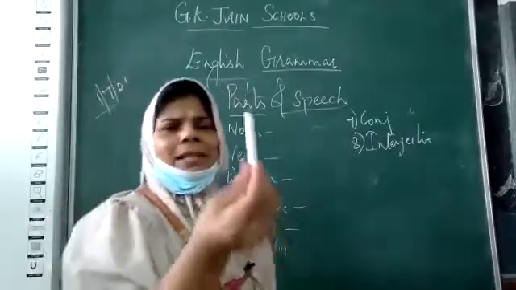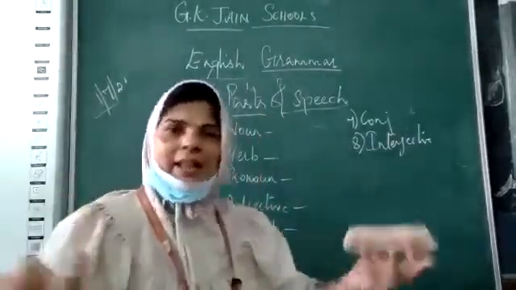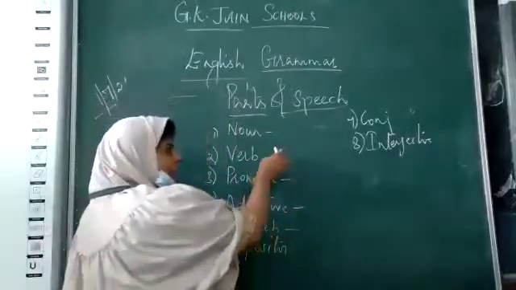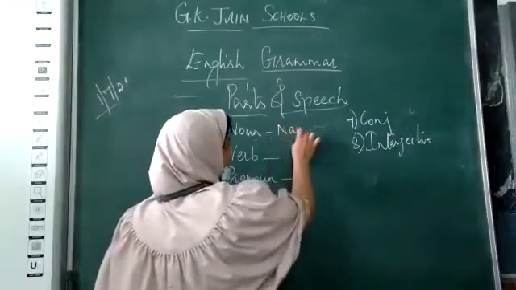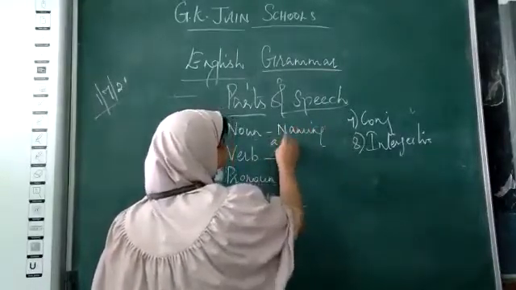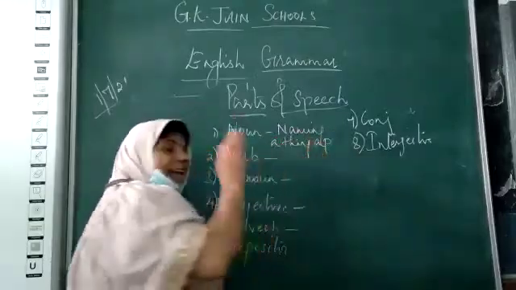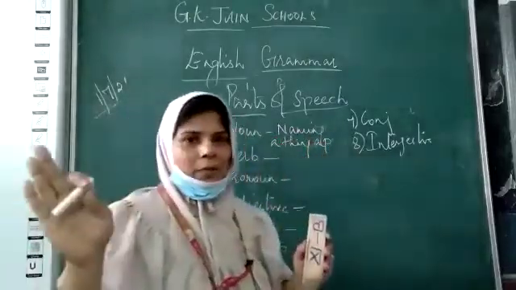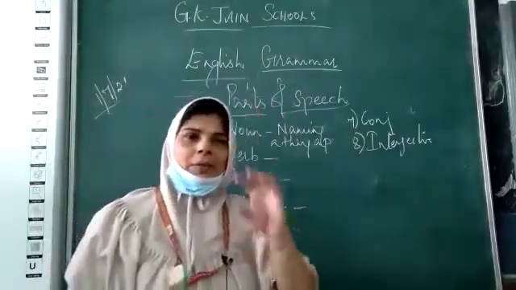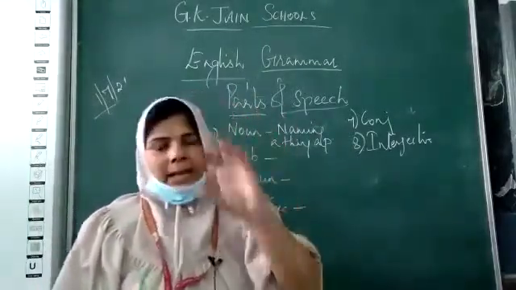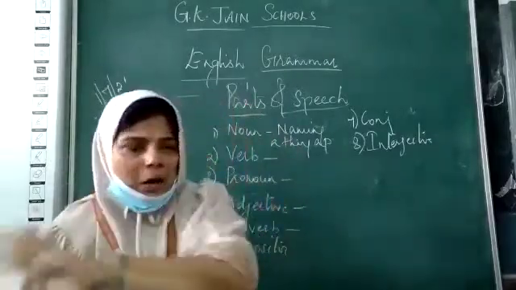Now I can name this as a doll. I will give it a name as a doll. It is a noun. So when I name anything, it's called a noun. So naming a thing, a person, a place, an idea is a noun. I want you all to note down the definition for a noun. When you name a person, place, anything, any idea, that is called a noun.